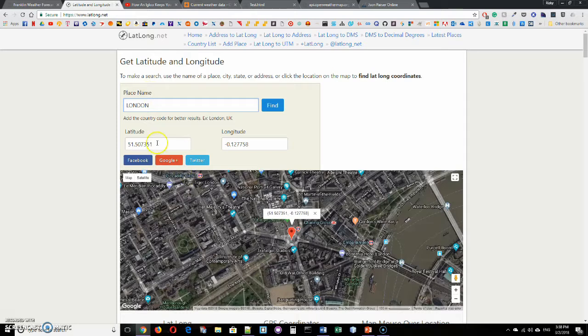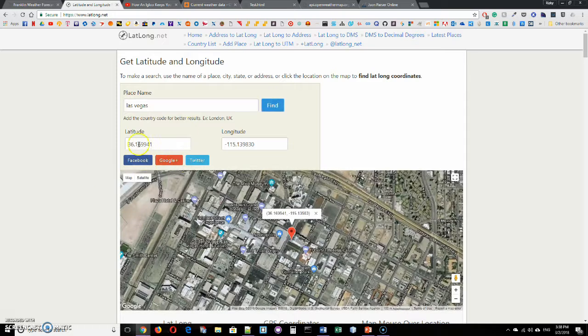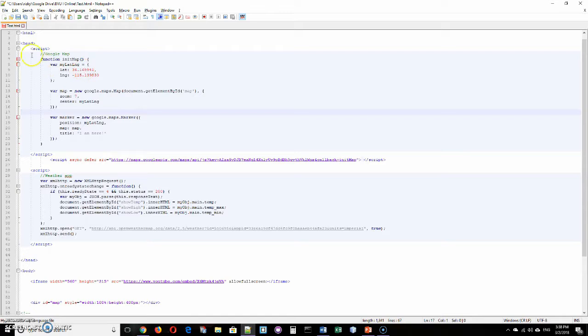it's going to give you these two coordinates. One is latitude, one is longitude. For this test, I'm going to put Las Vegas, and it's going to give me these two, latitude and longitude. So we copy and paste here into our test.html, and then I put the latitude 36, longitude minus 115, and